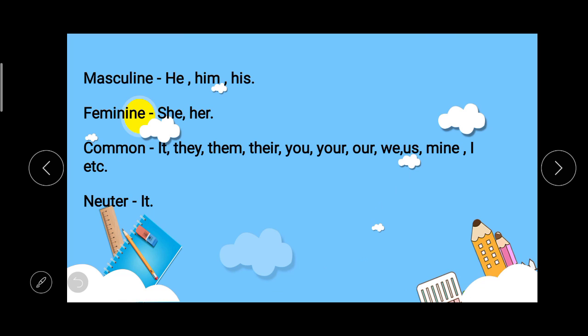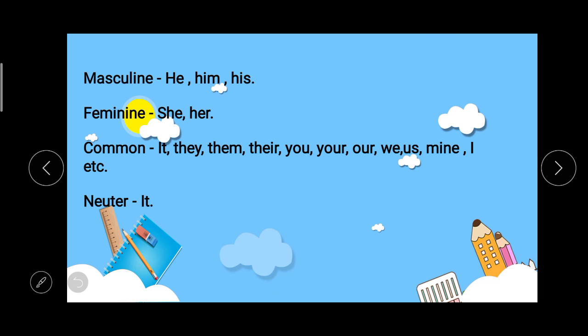So the first one, masculine. The pronouns under this category are he, him, and his. Feminine pronouns are she and her. Common pronouns are it, they, them, their, you, your, are, we, us, mine, I, etc. The neutral pronoun is it. So students,